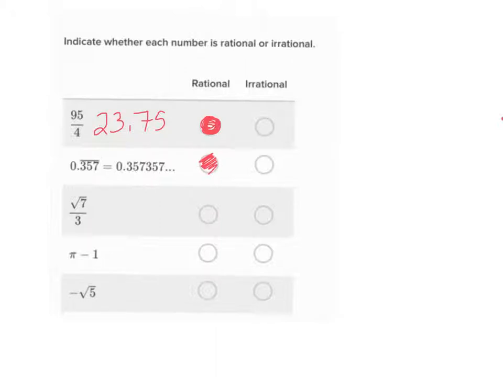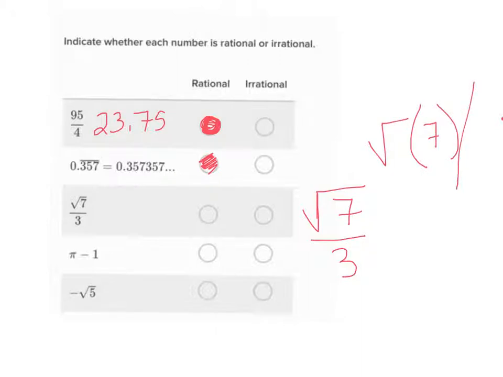Okay? Let's look at our third one. Square root of 7 over 3. Type that in your calculator. The square root of 7, close the parentheses, divided by 3. Okay, so in your calculator, when you type this in, it should look like this. The square root of 7 over 3. In other words, in your calculator, you got a square root and then an open parentheses, 7. You should close the parentheses and then put divided by 3, like that. And that gives you 0.881917. There's no pattern. Since this is a decimal that goes on and on forever, and there is no pattern,